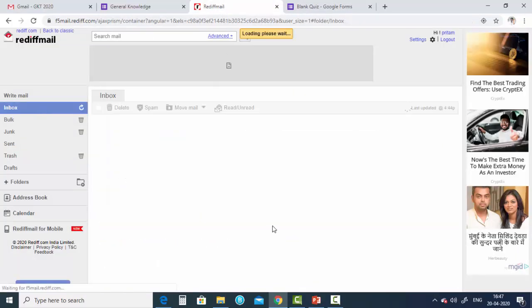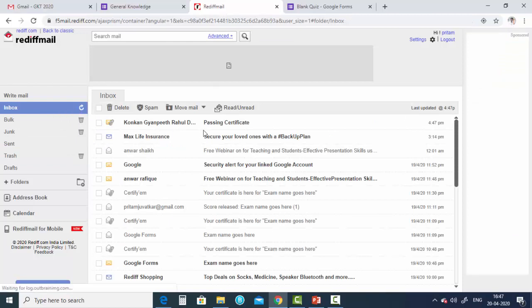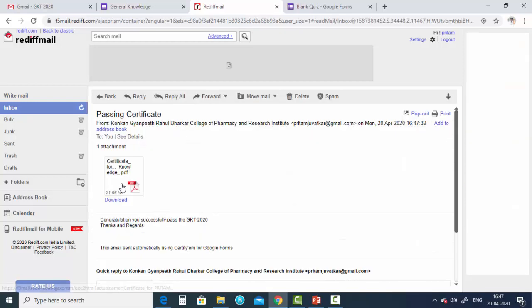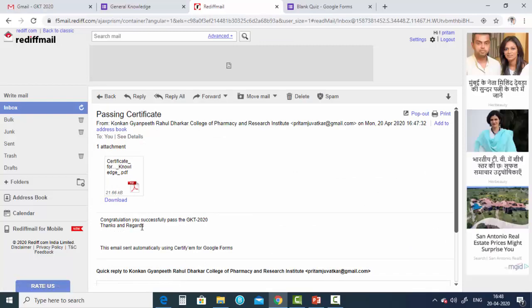Yes, I got the mail. See now, 4:47, passing certificate. So here is the certificate, and the same message has been written which we had written over there: congratulations, you successfully passed the GKT 2020. Thanks and regards. See, this certificate is present.